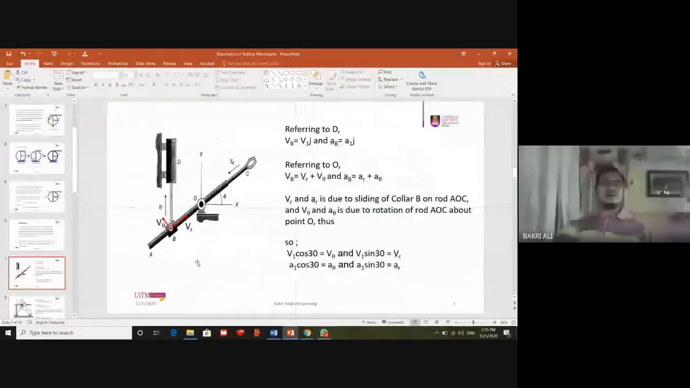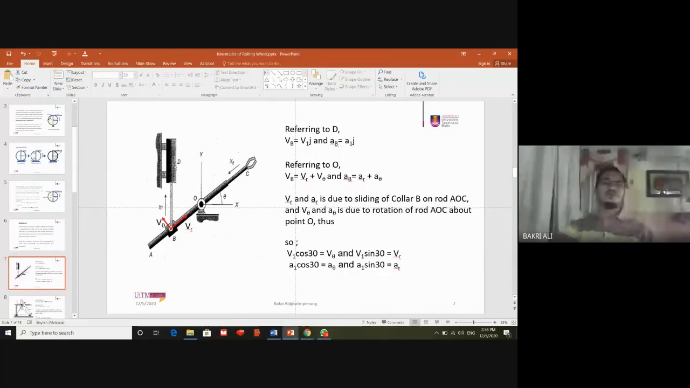Okay, so this is one of the questions. The piston D is pulling a slider B, and once this slider B is pulled by the hydraulic ram, it will slide along the bar AO, and due to that, bar AO also rotates about point O. So you need to analyze that motion. If we refer the collar B to the hydraulic ram D,